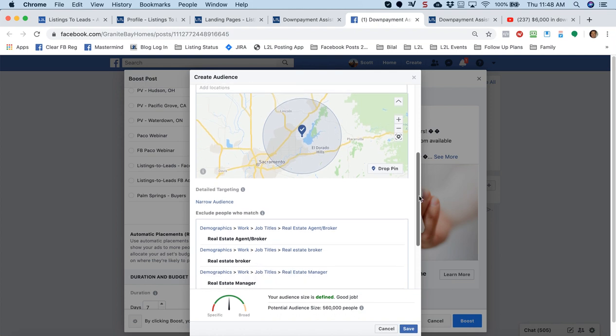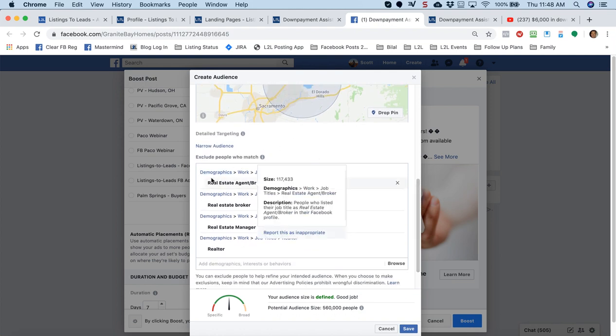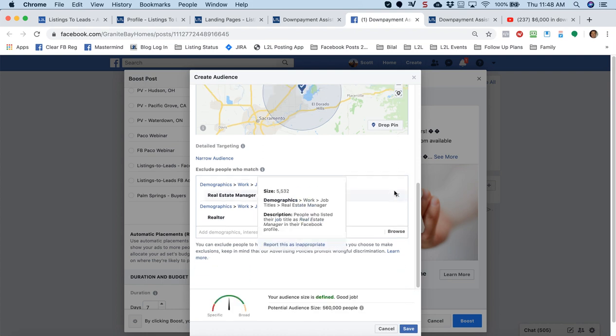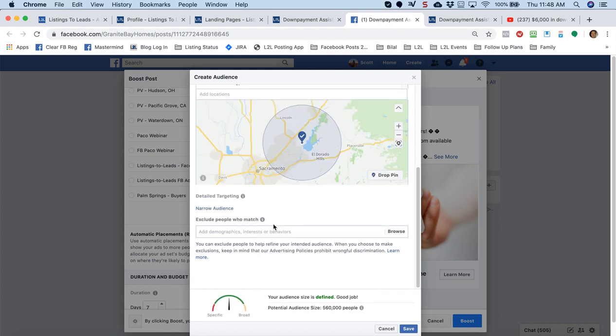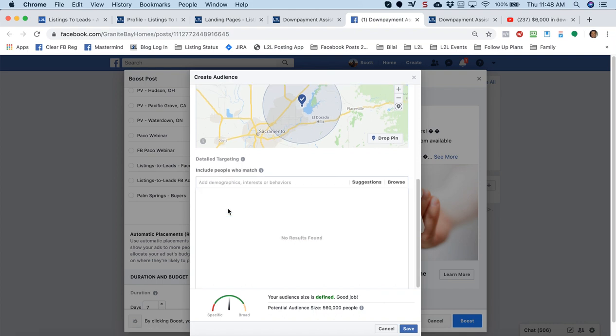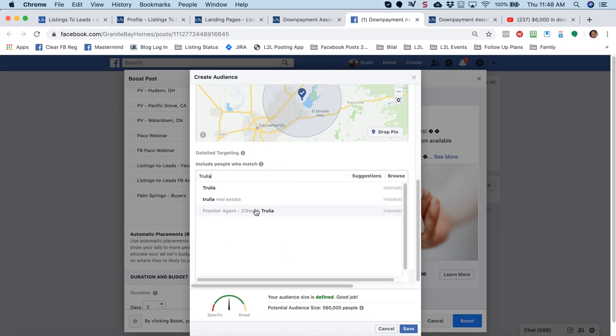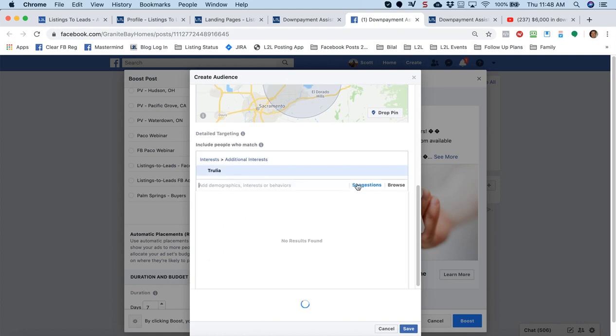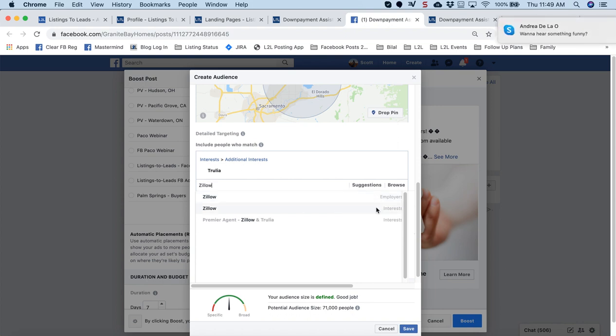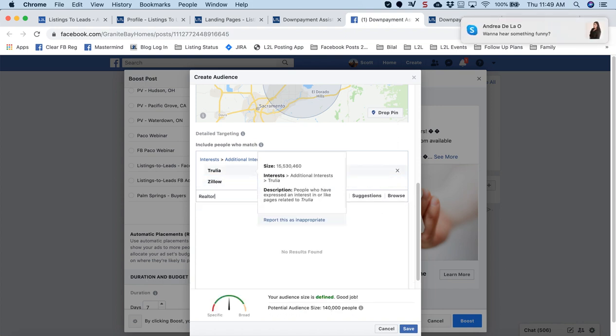I'm going to scroll down. If you see anything like exclusions, you're going to have to X those out. You'll see there's a small X in the far right-hand side. I can click that and take those exclusions out because they are not allowed. But I can click narrow audience. And what I do is I got one audience with these interests. I do Trulia interest, Zillow, not employer, but interest, Realtor.com